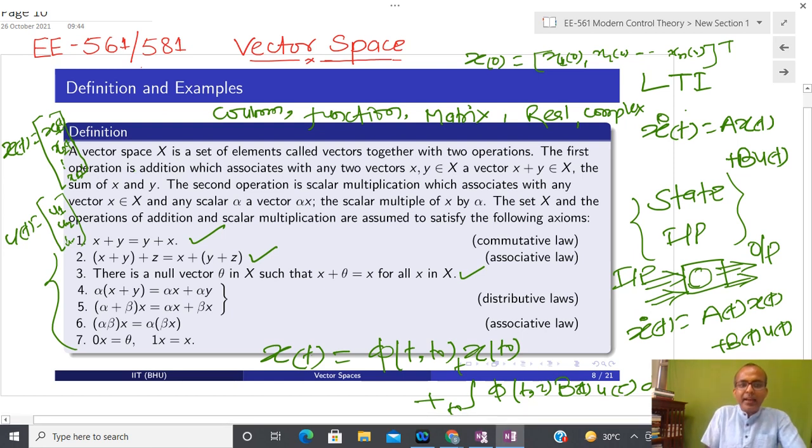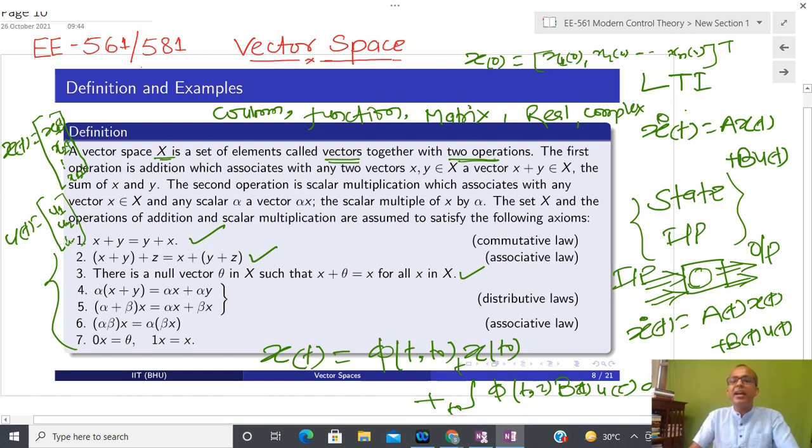So a vector space x, where x might be anything, I don't care, is a set of elements called vectors. Please do not confuse the vectors here with vectors from physics. In physics, a vector always has some magnitude and direction. Here I am not talking in that terminology. I am going to talk in very general terms with 2 operations. I limit myself because using limited hardware I have to do everything.